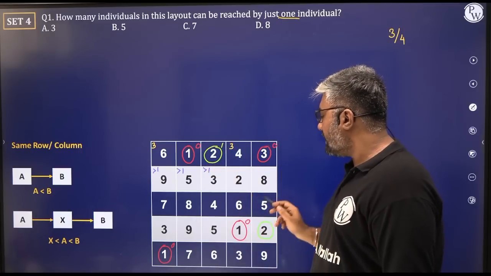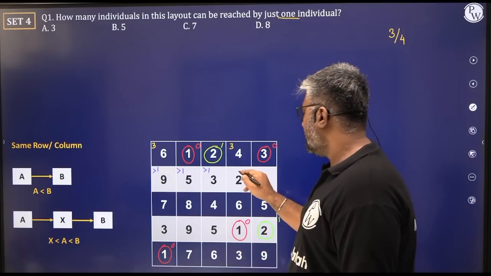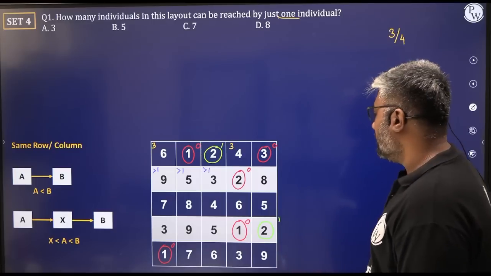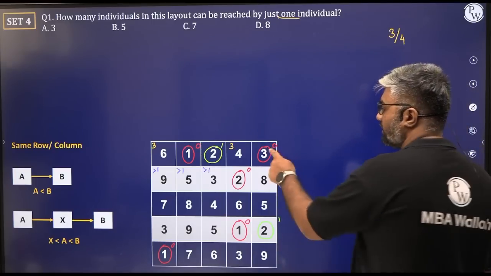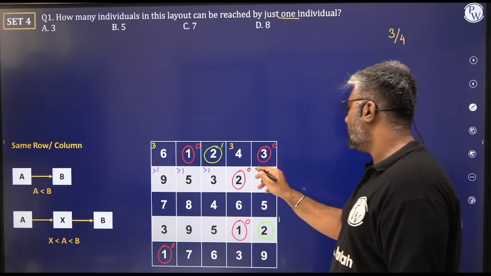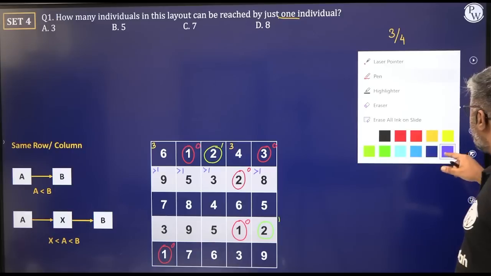What about this 2? Do we have any 1 next to it? Nah, we don't. So we can blindly say that there will be 0 terms that 2 is reachable to, right? What about 8? Again, we see reachable from 3, reachable from 5. We're going to stop there because this is greater than 1, right? Stop there, greater than 1. Yeah. Let's look at the third row now, shall we?